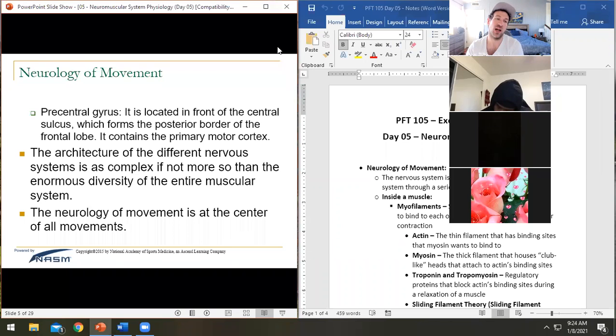Okay, so obviously there's a lot of chemistry in what we just looked at, right? There's a lot of moving sodium and potassium and things like that. But again, that's generating these action potentials that are responsible for literally everything that we do. And so when we talk about the neuromuscular system, we have to understand how action potentials are created, because one